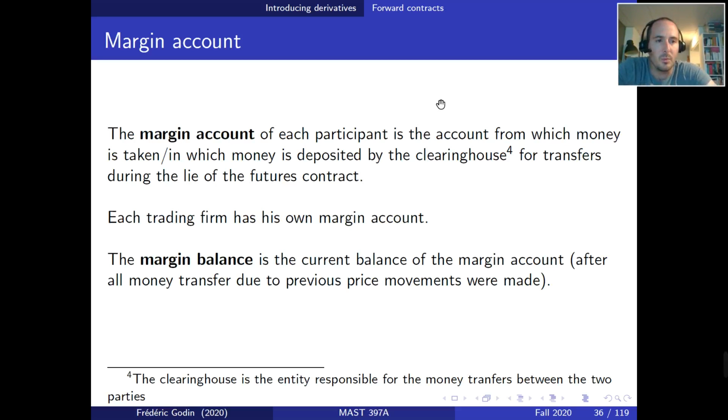Now we will introduce some considerations related to what we call margin accounts. One question is, we saw that if you enter a futures contract at some point in time, it requires immediately zero exchange of cash flows. So the question is, can you enter a futures contract without having any money? In practice,